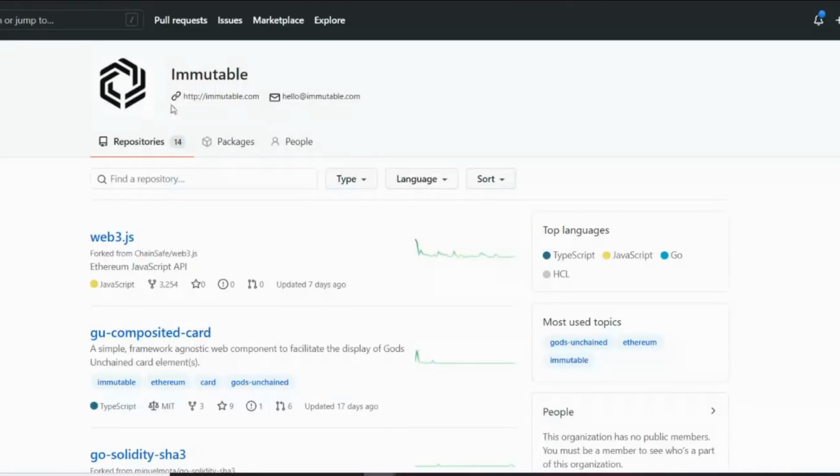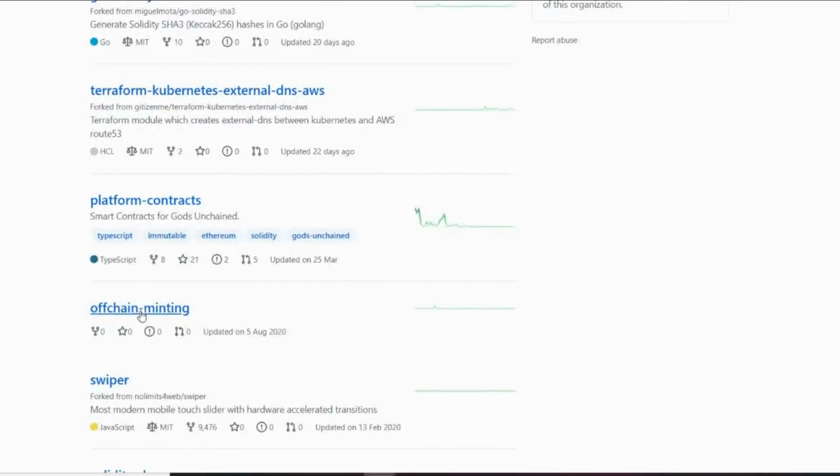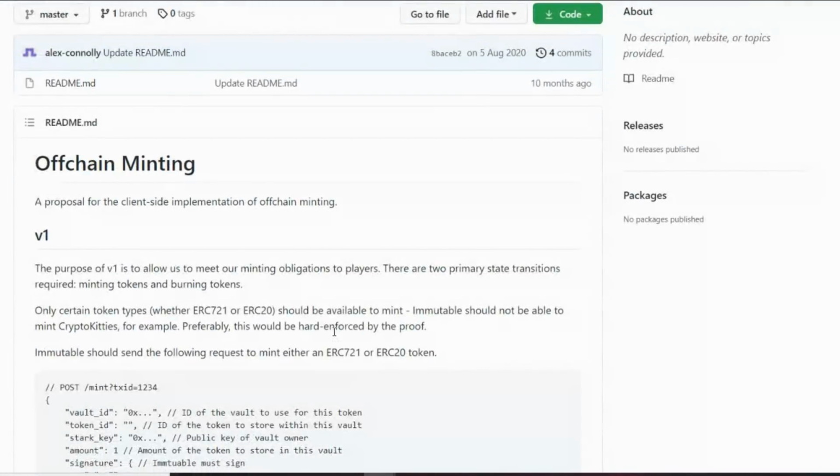So if we jump straight to Immutable's GitHub, where we can see the minting. This is pretty cool. And this goes straight into my point on scalability, not just for the product, but for moving forwards, how VeVe is going to handle uncertainties. Now, typically